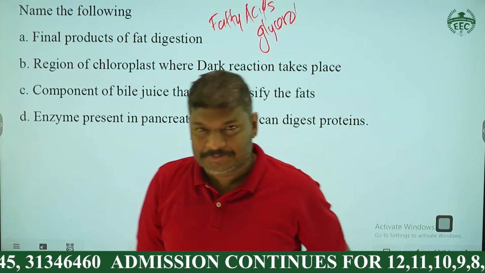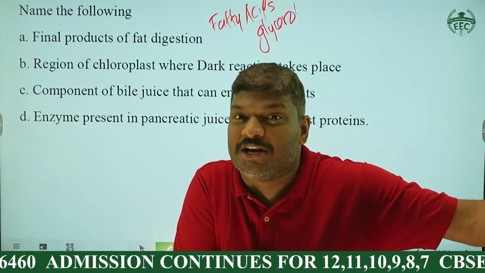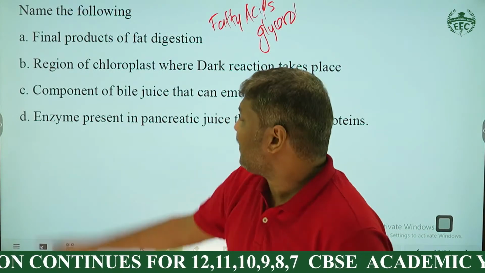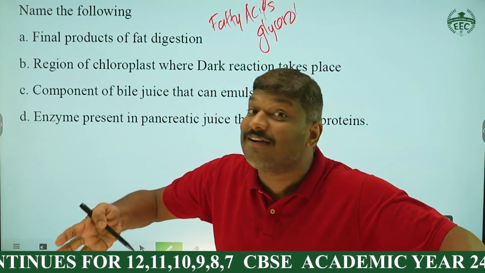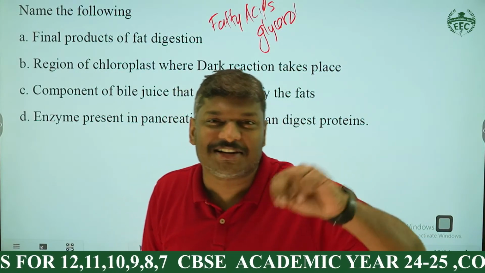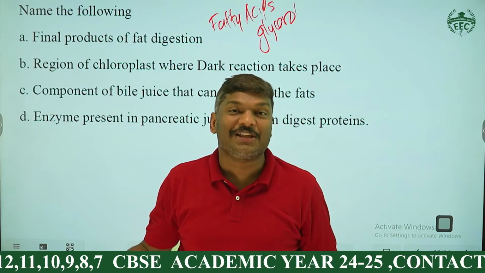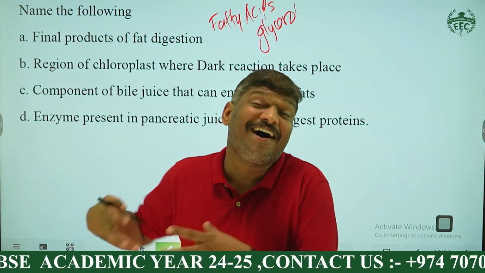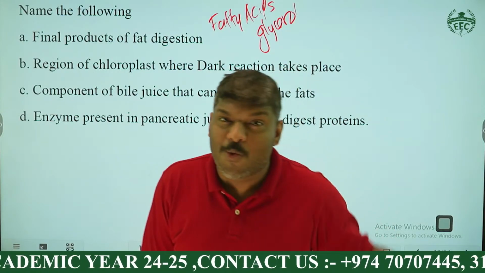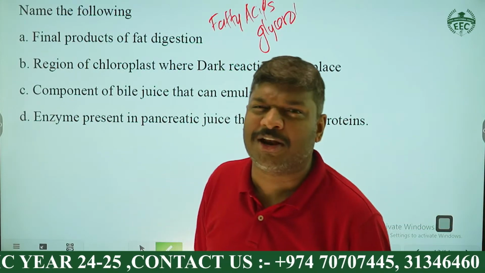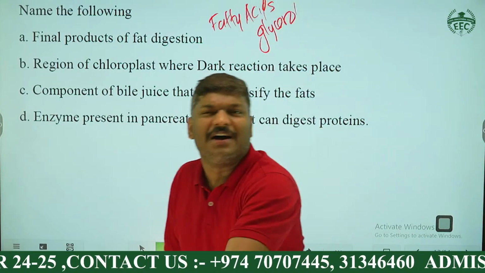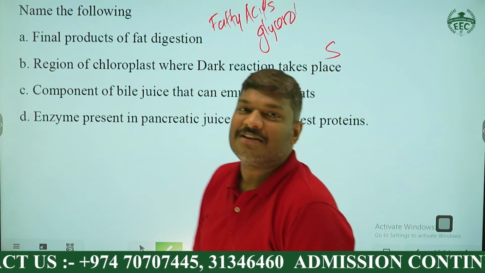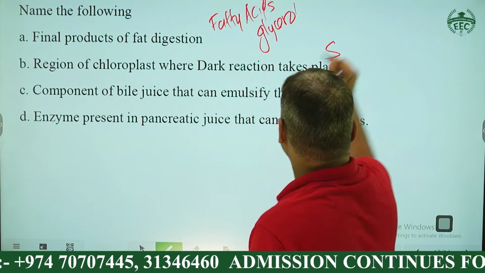Region of chloroplast where dark reaction takes place. From the heterotrophic nutrition, we move back to the autotrophic nutrition performed by plants. There are 2 reactions that take place in chloroplast, right? One is called the light reaction, the other one is called the dark reaction. Light reaction takes place in grana, G-R-A-N-A, while dark reaction takes place in, come on, my dear student, the light reaction takes place in grana, and what is the dark reaction? The dark reaction takes place in, starting with letter S, please participate, my dear student,